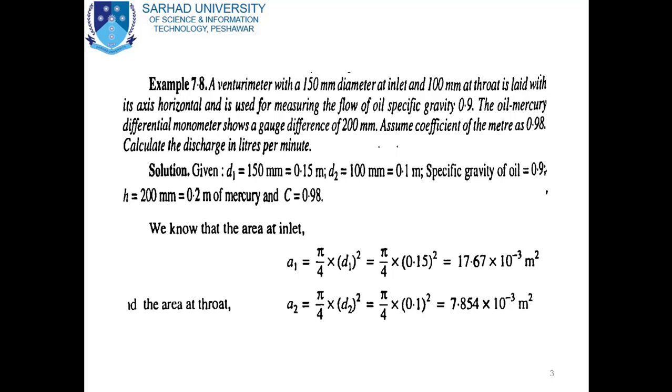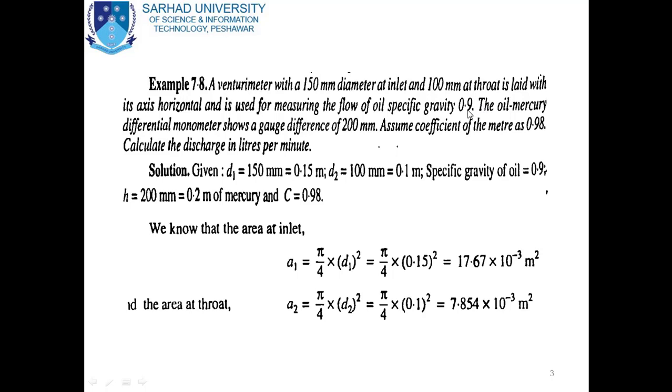So, coming to example 7.8, the statement of the example is: a Venturi meter with a 150 mm diameter at inlet and 100 mm at the throat is laid with its axis horizontal and is used for measuring the flow of oil having specific gravity 0.9. So, the inlet diameter is given, which is 150 mm. Also, the throat diameter is given, 100 mm, and the liquid is oil whose specific gravity is given, which is